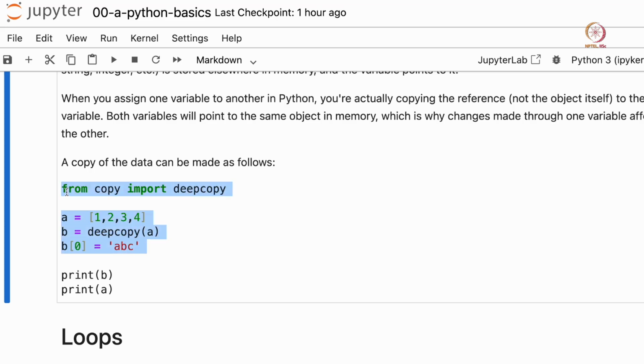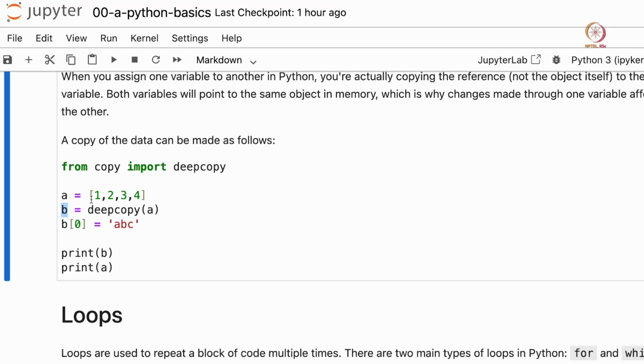For example, from copy import deepcopy, then create your data, pass your data inside this deepcopy function and assign it to another variable, and this B will now refer to separate data which is actually a copy of your actual data. We'll look into the details of what these import statements mean and what other different data types can exist.